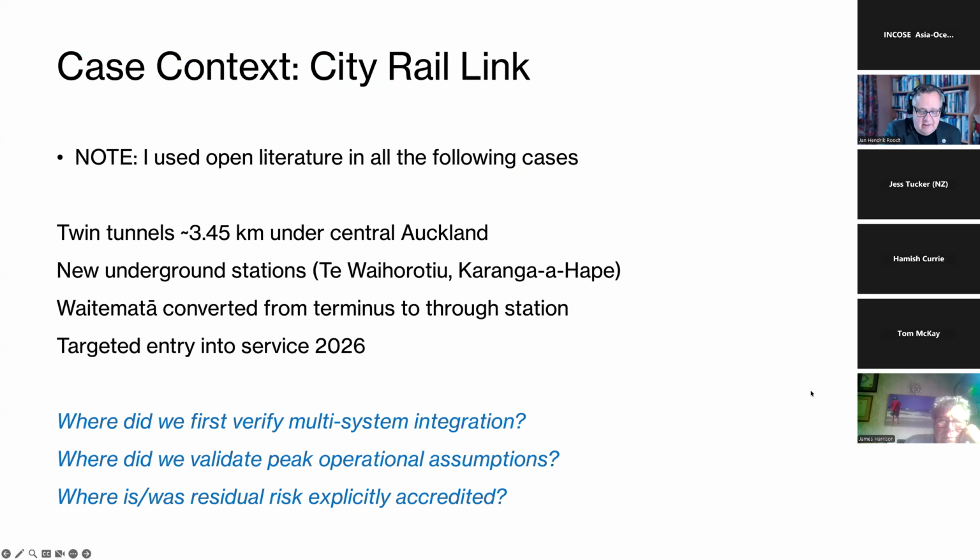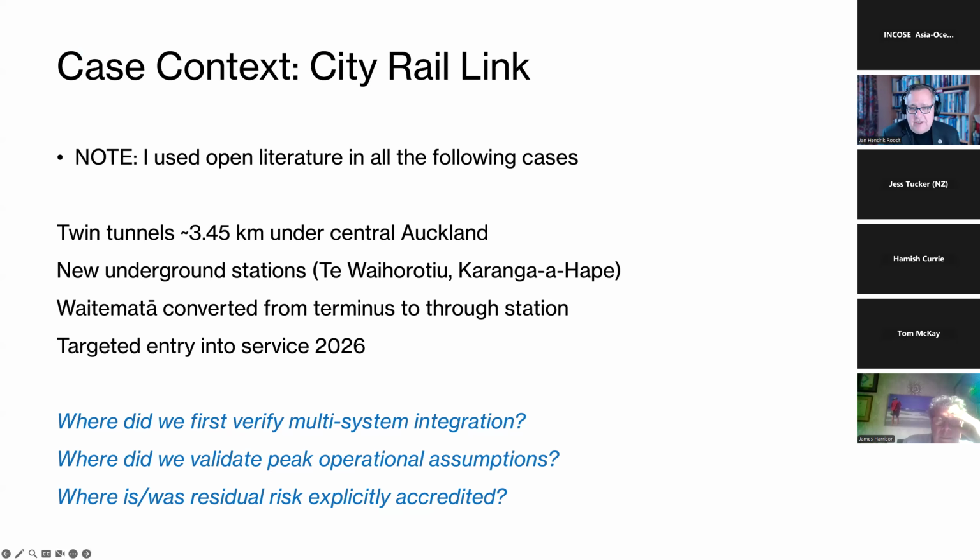So, the City Rail Link. Obviously, I don't work on that project, and I haven't worked on it, and I know a lot of people in the room know about the project, might work on it, etc. So what I tried to do was to say, what do I know about it from outside, and what have I heard, and what do I think as a result? This is where I'm hoping that people can say, Henk, you're totally clueless. It doesn't work like this.